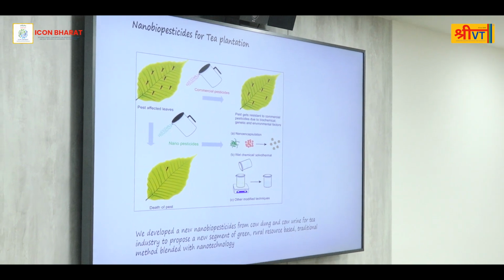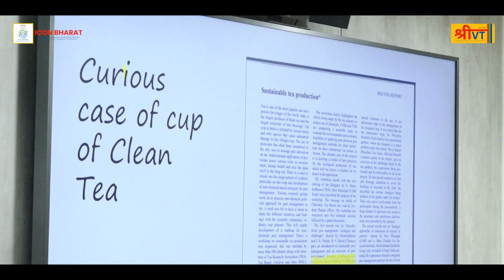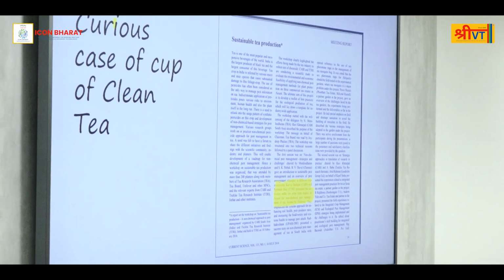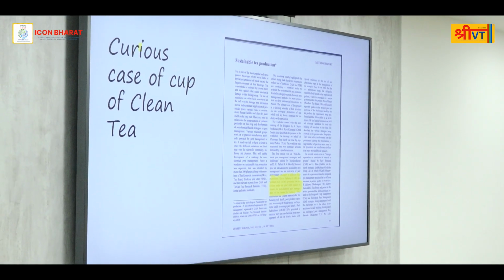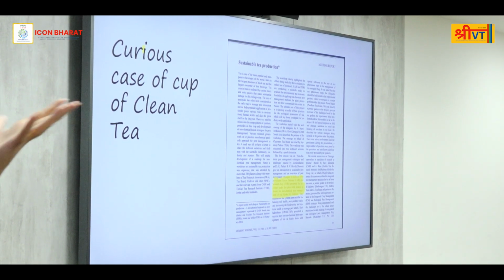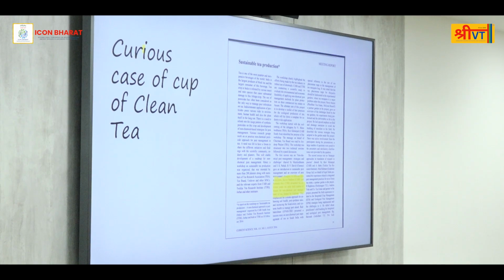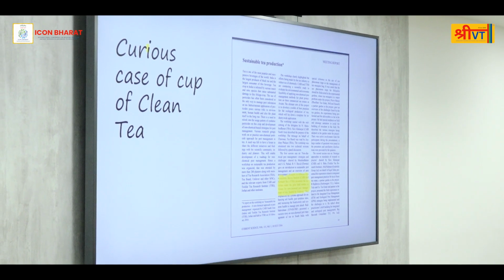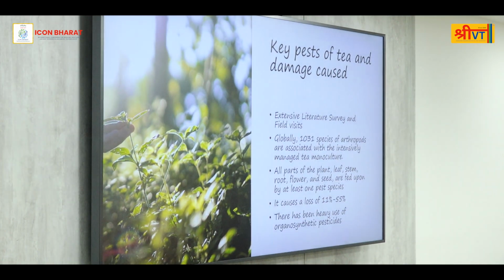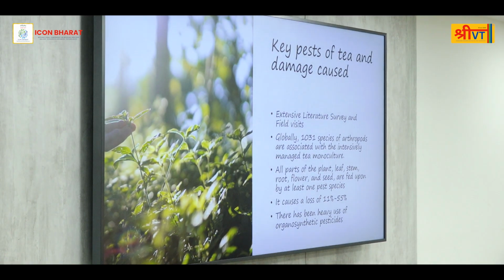So we first conducted a study. Unilever pitched in, and Tata's also pitched in, because at that time Greenpeace had raised a huge concern about tea having DDTs and pesticides and all. So they said, okay, fine, let us fund a study, and we did this study. We first started with a cohort study, and then we did a really big survey. So we found that